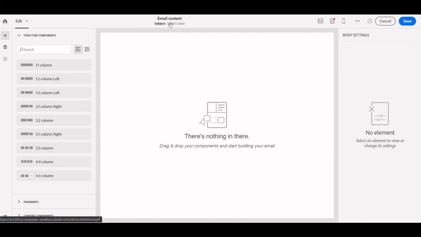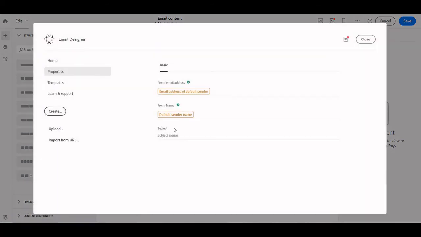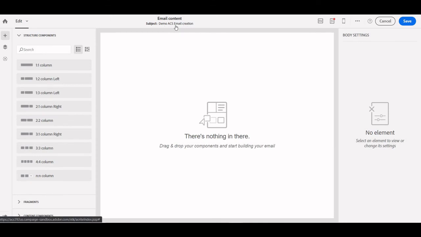Now we can click on this email content subject line, because we want to set some subject. Maybe I will just give demo ACS email creation. Looks good. Just close it, and it should reflect here. Then we can save it.